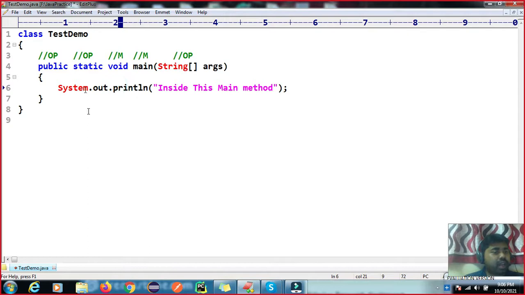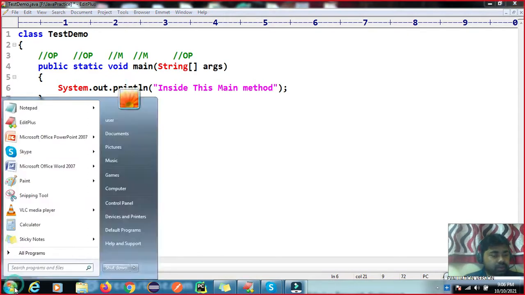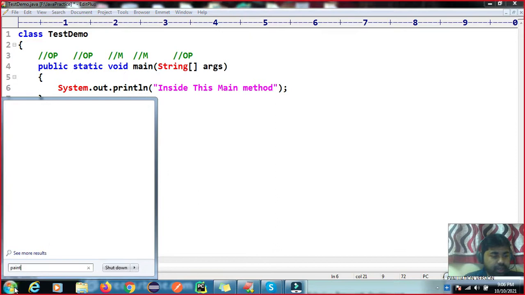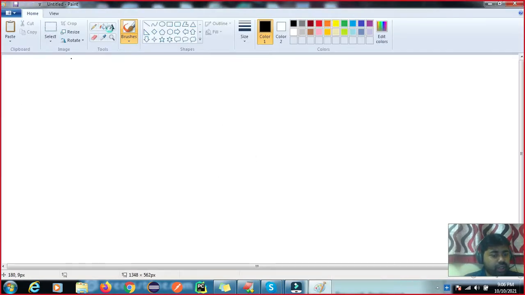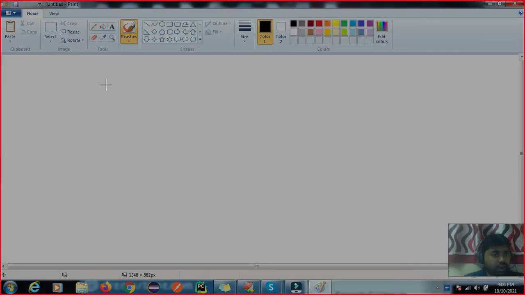Okay, so we'll copy this code into Paint and explain how to execute normal Java code. My system is very slow. Just a second, I think my system is slow and it is getting stuck.